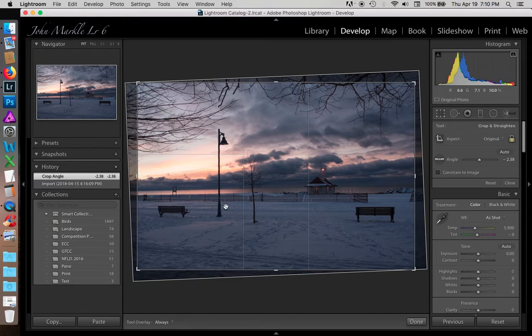So there with the angle adjustment tool over here, selected it, and just drawn a line on the light standard